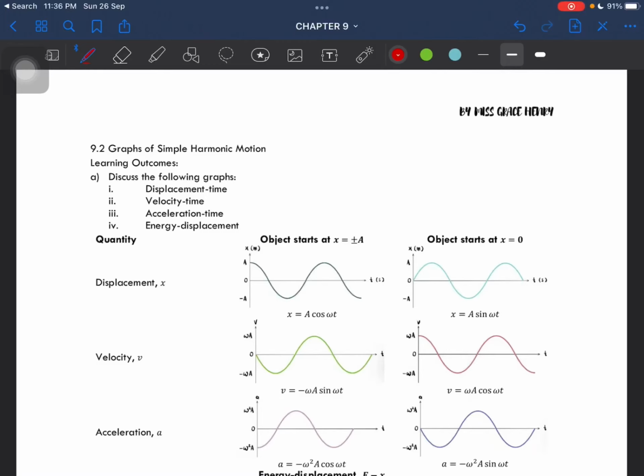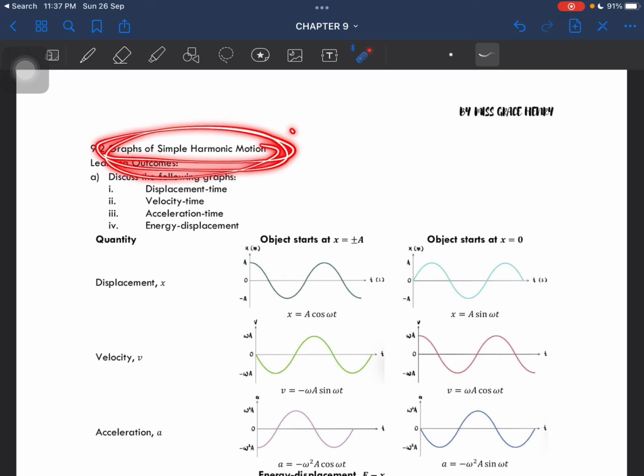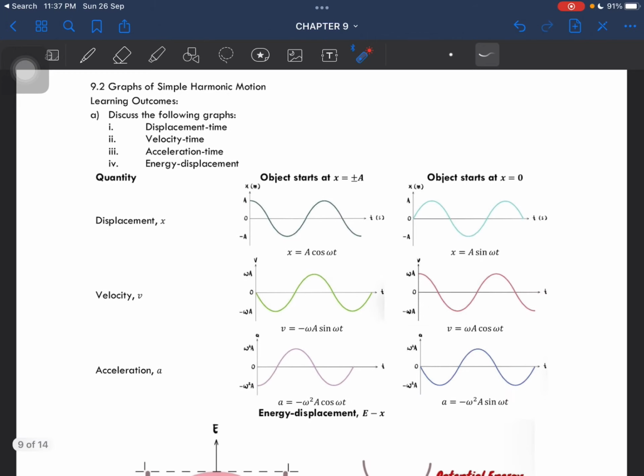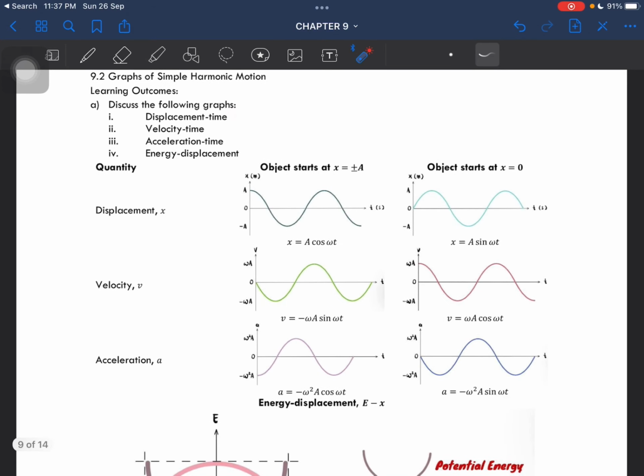Okay, subtopic 9.2, which is on graphs of simple harmonic motion. So in this subtopic, you should be able to discuss the following graphs. Discuss means you have to be able to draw the following graphs when they are asked in exams. So some of the graphs are on displacement against time, velocity against time, acceleration against time, and lastly energy against